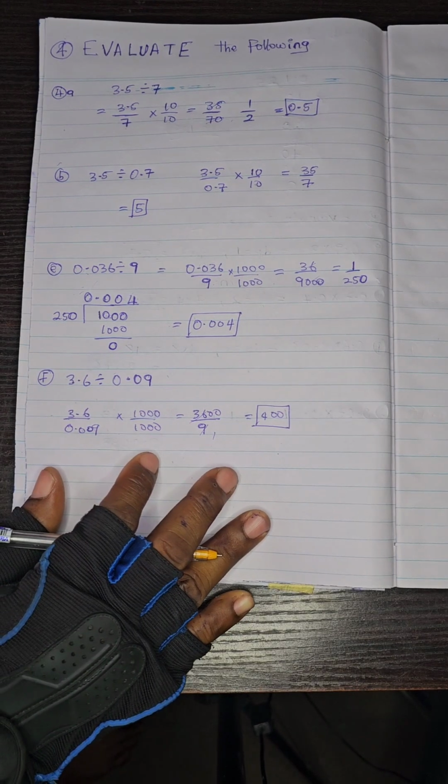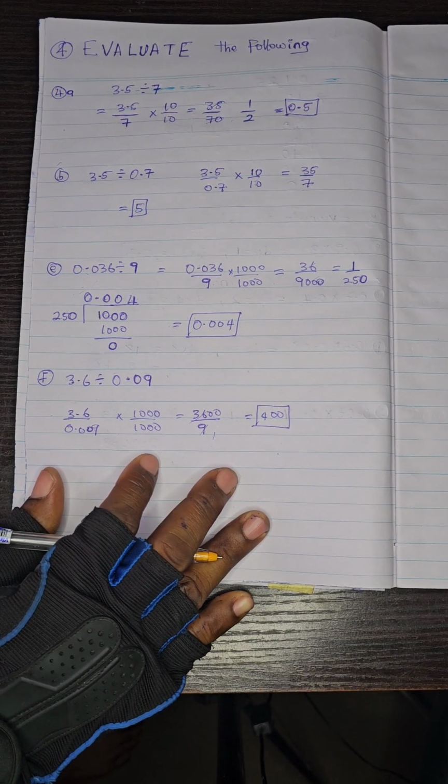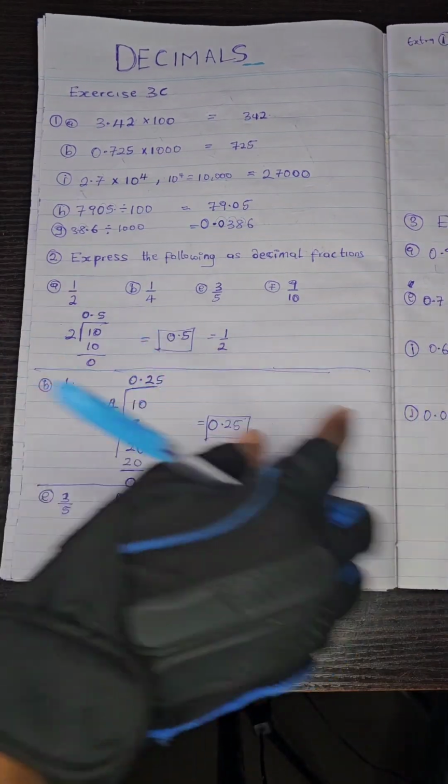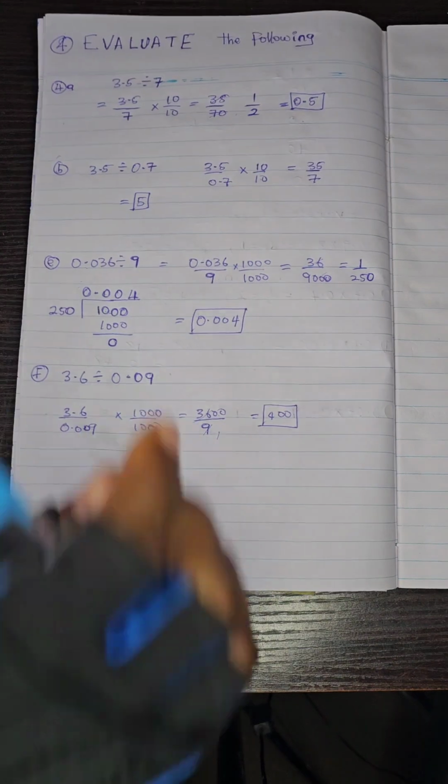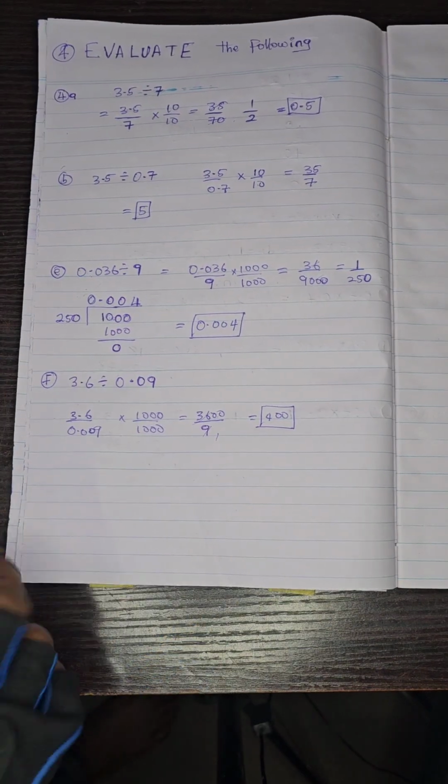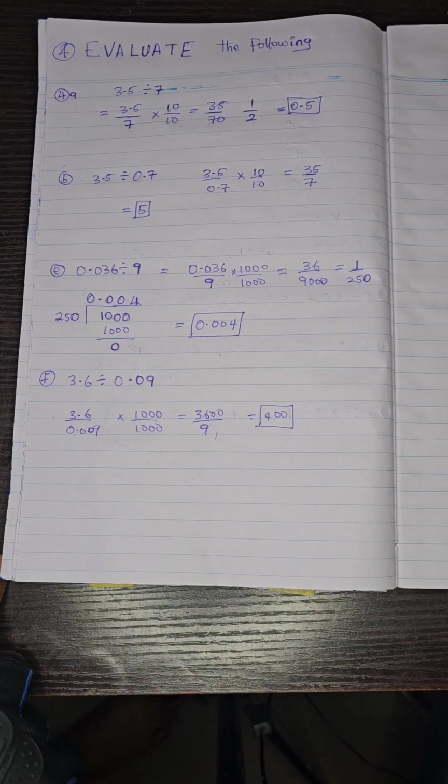So you can see we've summarized decimals, we've done the evaluation of decimals when it comes to 10, we've done conversion of fractions to decimals, we've done multiplication, and we've done division of decimals. So if you have any question, you can ask me in the comment section. Next class we're going to deal